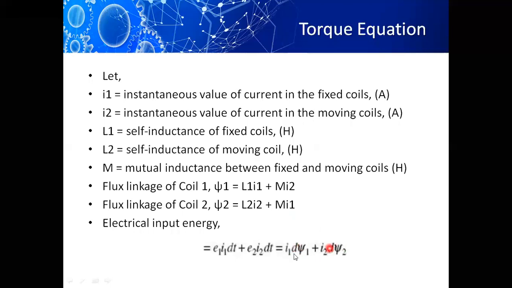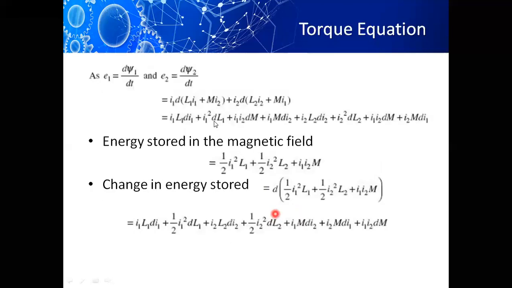We are writing psi 1 as L1 I1 plus M I2, and psi 2, the flux linkage of coil 2, as L2 I2 plus M I1. Hence, we are just replacing it here. Now let us derive it. We will have I1 into